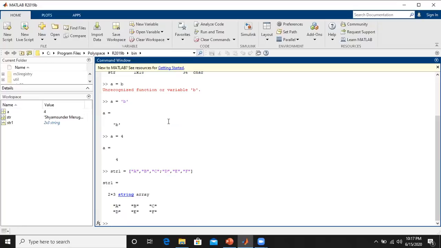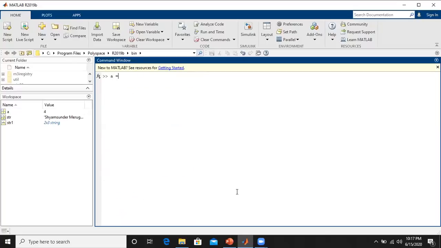Now we can do certain operations on strings, such as deleting a certain character from the entered string. For example, let us clear the screen once again. Take the variable A and enter the string Shyam Sundar Merugu.